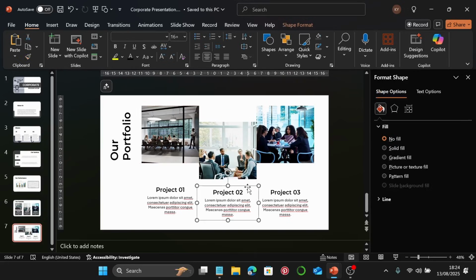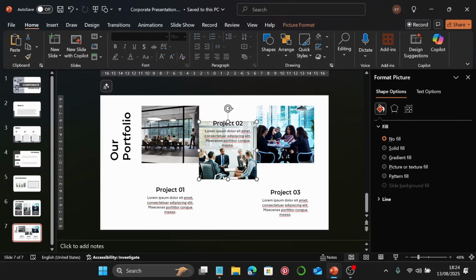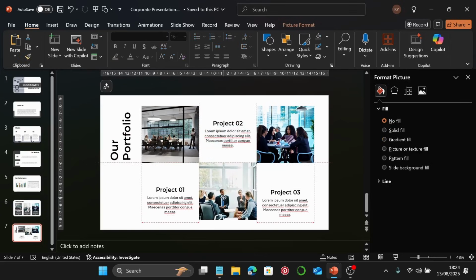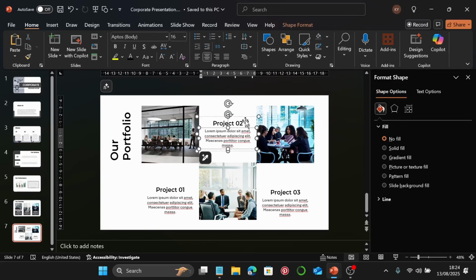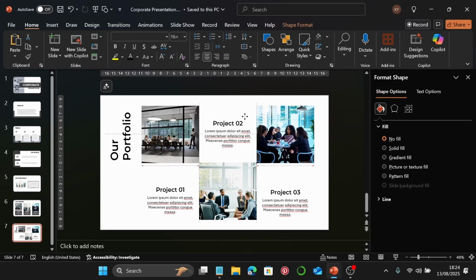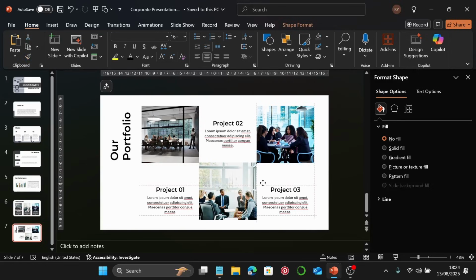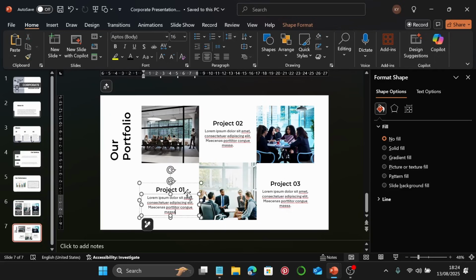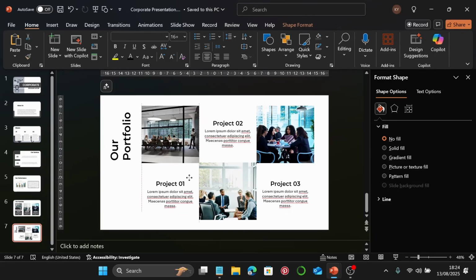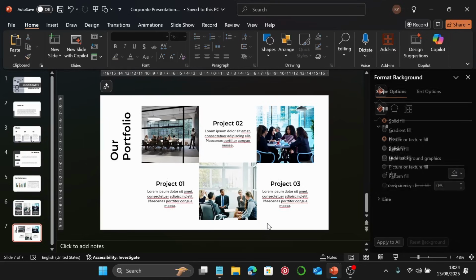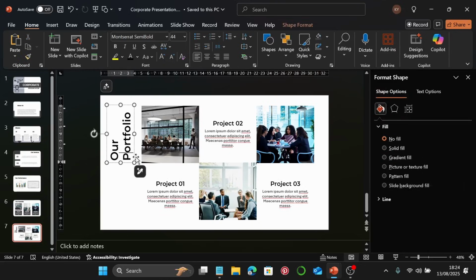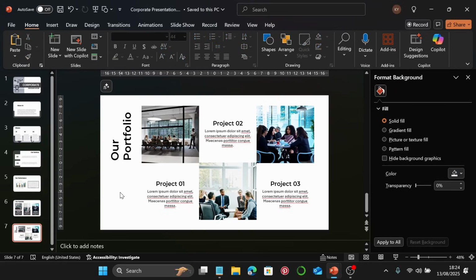Now I'm going to grab this group. It's going to be a bit tight and a bit tricky, but we'll make it. Just bring this over to this side, and we'll have this. Now just try and center this to these images and move this so that it will be centered with this image. Move this as well so it will be centered to this image, and this is what we have. I think let me just move it a little bit to the right so that I'll get it as centered as possible,